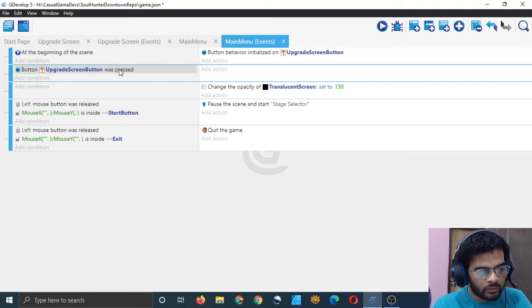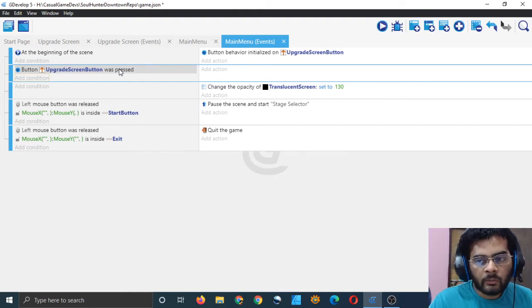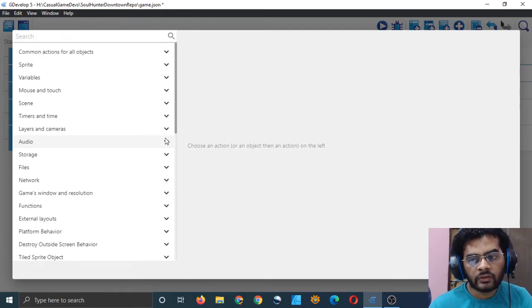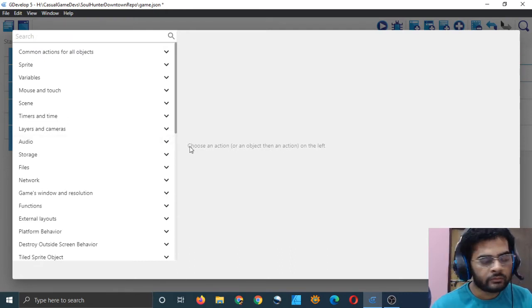We could do it manually also, not use the behavior function, but that will just take one more line of code. What's the point of doing that? Just add action. Why waste another line of code, right? Not like it makes a lot of difference, but when your program gets bigger and bigger, and you add more and more buttons, then that one line of code will result in a lot of used space, right?